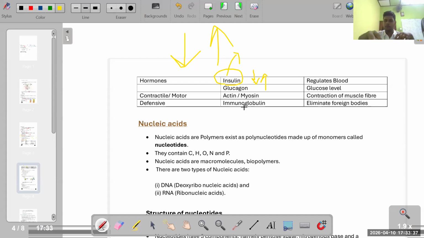Now you are in unit number 2. Unit number 5 is completely about the human body, so they are under the skeletal system. We'll be learning how actin and myosin contribute. For the time being, no need to learn about them. Is that clear? Now we should know that under contractile motor nature, actin and myosin are present, and they are involved in contraction of muscle fibers. Is that clear?